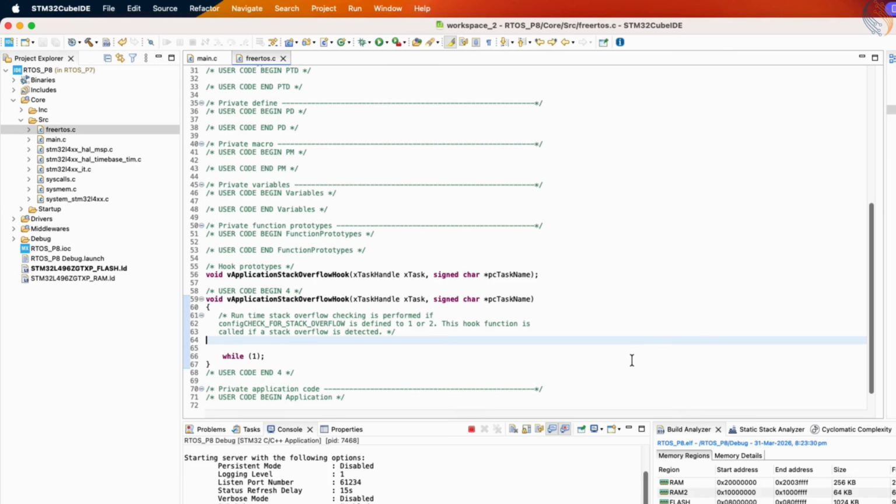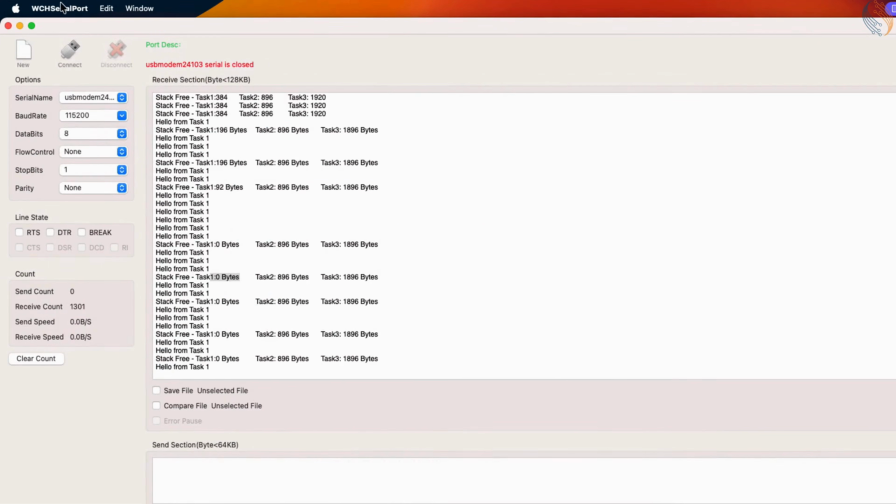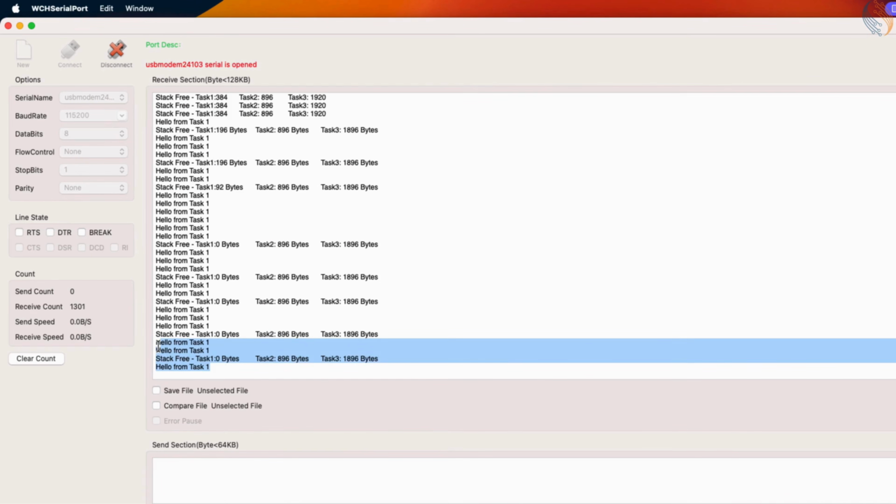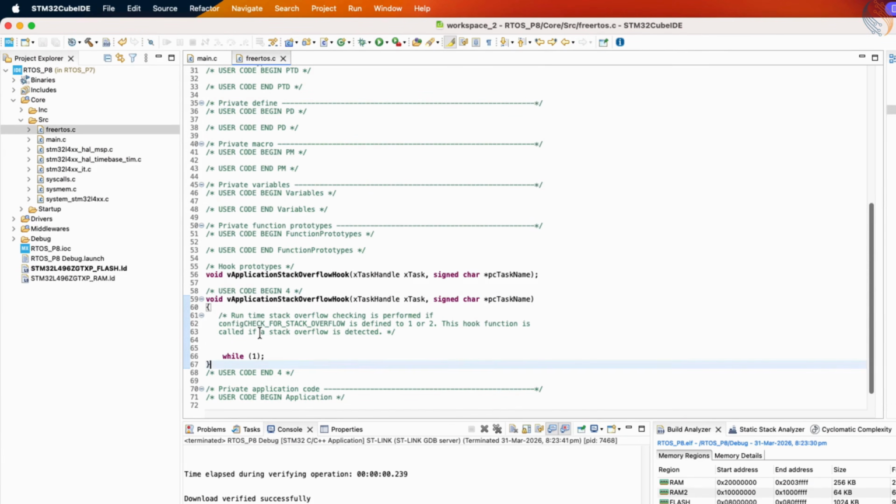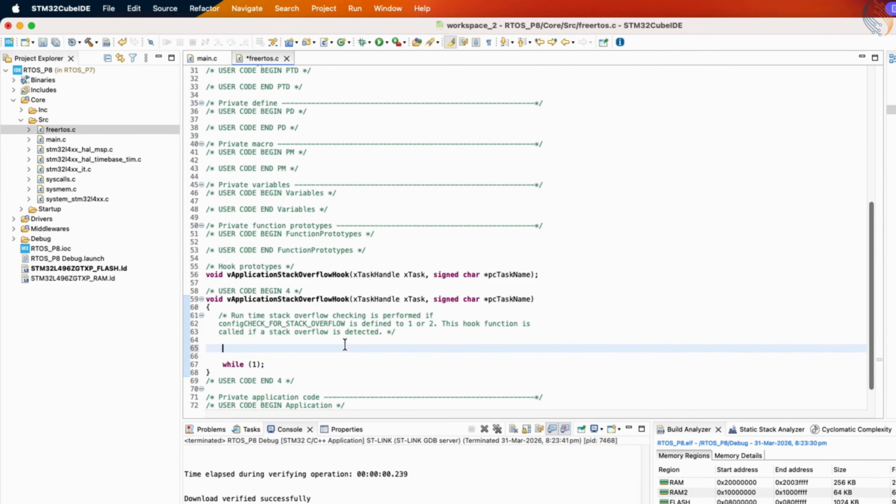Let's quickly test what happens now with this stack overflow hook in place. The only addition to our system is this stack overflow hook function with an infinite loop inside it. Here you can see that nothing is being printed on the console anymore, which tells us that none of the tasks are running their code. This is because the control flow has entered the overflow hook function and then immediately entered the infinite loop, stopping